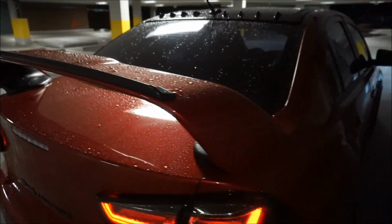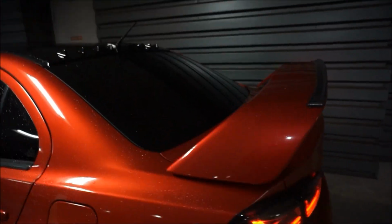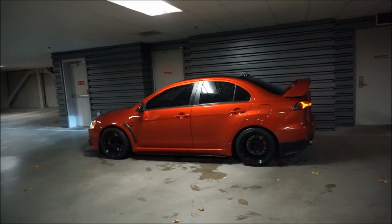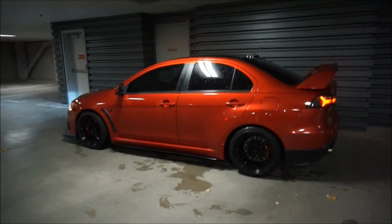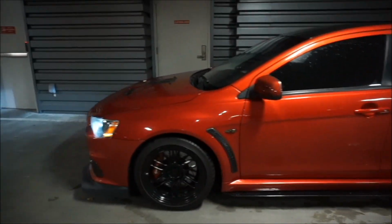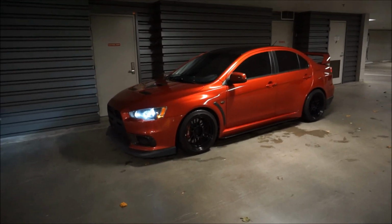I wanted to get the, I think it's Rex Speed that might do it, but they're pretty expensive. I believe they're like $200, and maybe I will, maybe I won't, but it's pretty expensive to have a little carbon fiber lip. And then you might notice the whole car is sitting slightly lower. I have the RaceComp Lowering Springs, which I heard are pretty rare. I don't know how many people run these. I really like the handling of them. I think they're told to be the best handling with the most OEM-esque